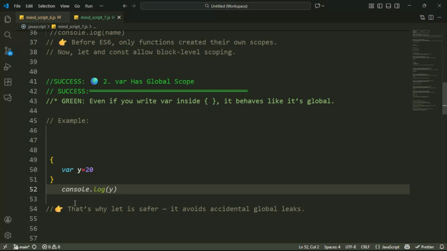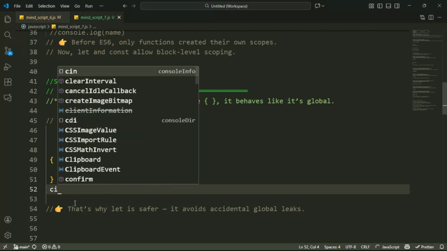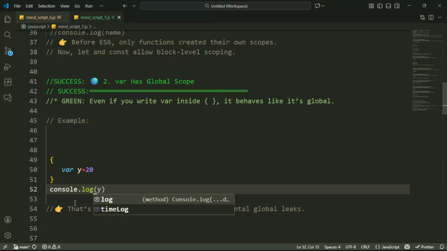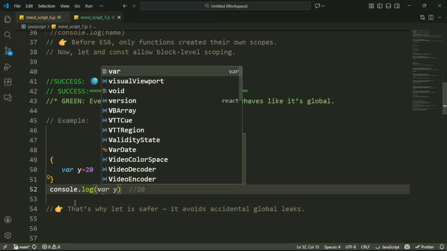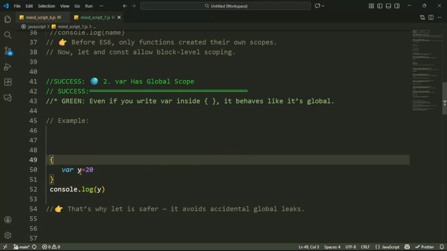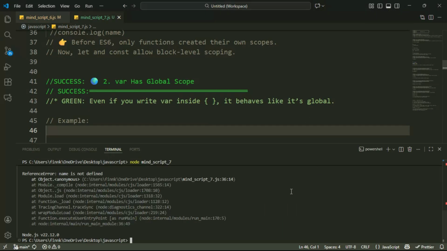You can access your var keyword variable anywhere. It is at a global level. console.log, you can print your variable. That is why it is now correct. Here you can access it, basically you see var has a global scope. Even if you write var inside curly braces, which is your block, it behaves like it is global. You can access it anywhere. But when you try to use the let keyword and then call this one,